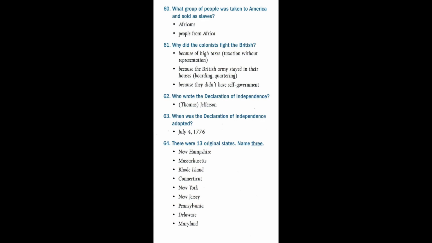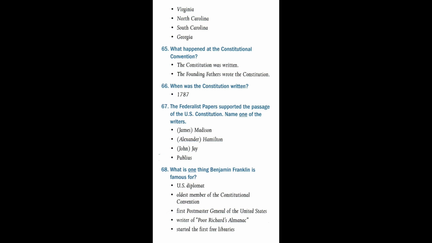61. Why did the colonists fight the British? Because of high taxes, taxation without representation. Because the British Army stayed in their houses, boarding, quartering. Because they didn't have self-government. 62. Who wrote the Declaration of Independence? Thomas Jefferson. 63. When was the Declaration of Independence adopted? July 4, 1776. 64. There were 13 original states. Name 3. New Hampshire, Massachusetts, Rhode Island, Connecticut, New York, New Jersey, Pennsylvania, Delaware, Maryland, Virginia, North Carolina, South Carolina,